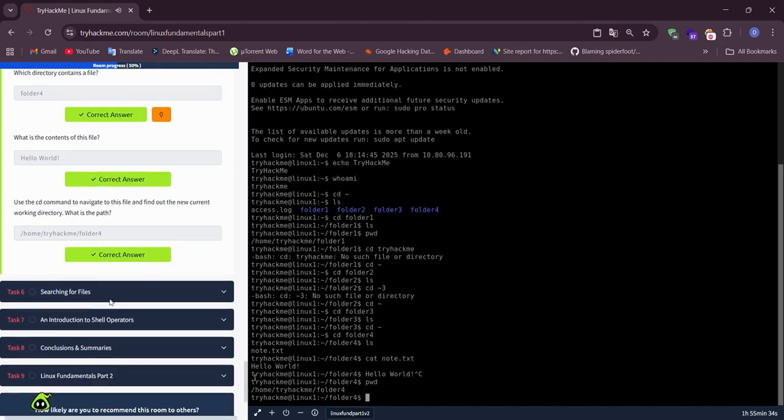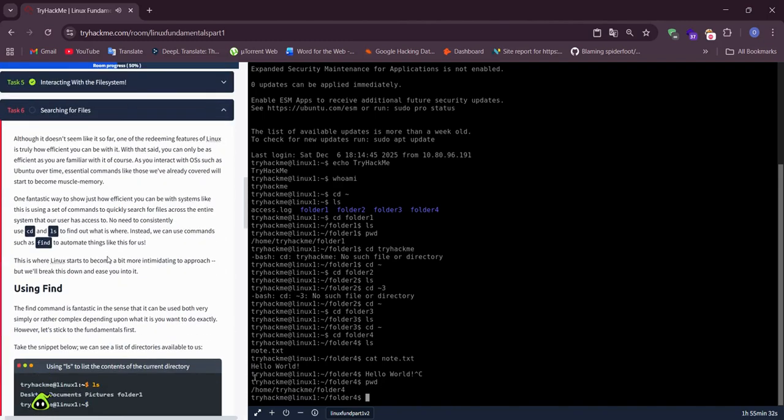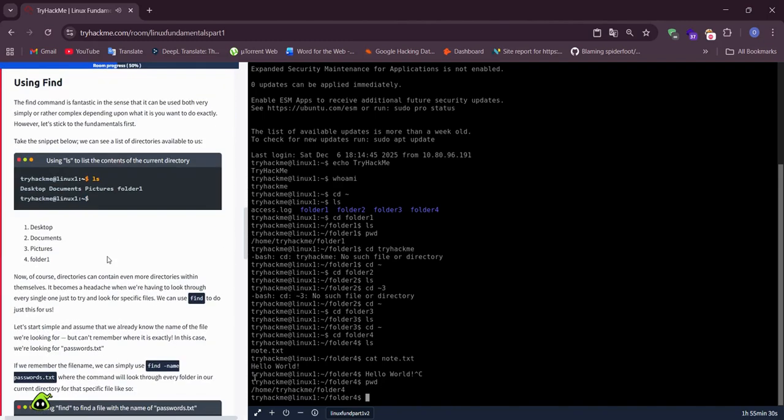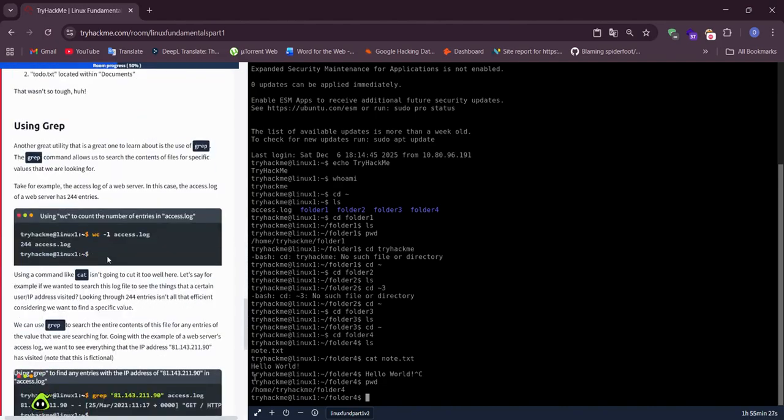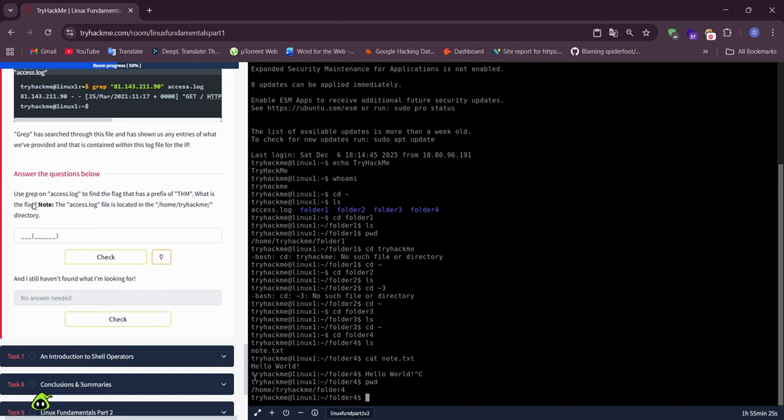Searching for files. Use the grep command on access.log to find the flag that has a prefix of thm. What is the flag? Note, the access.log file is located in the home tryhackme directory. Okay.